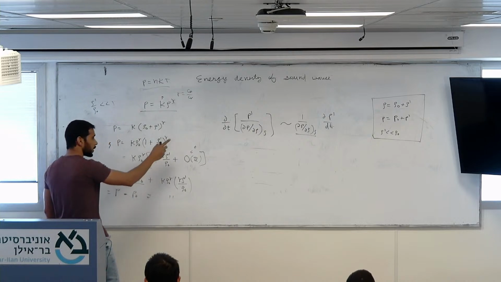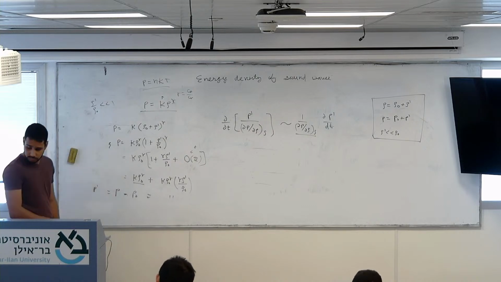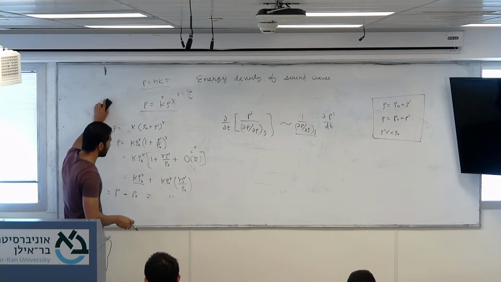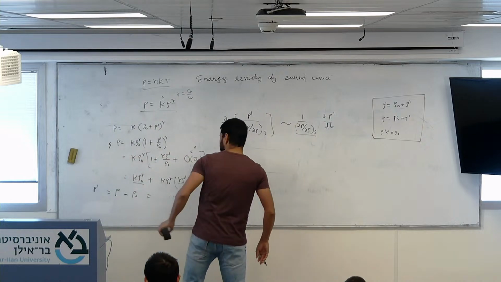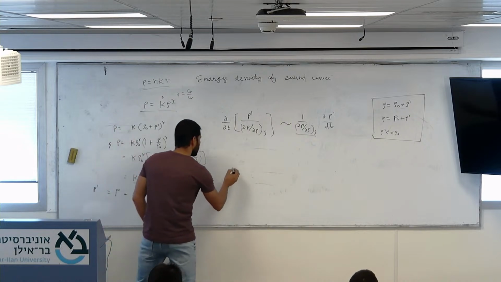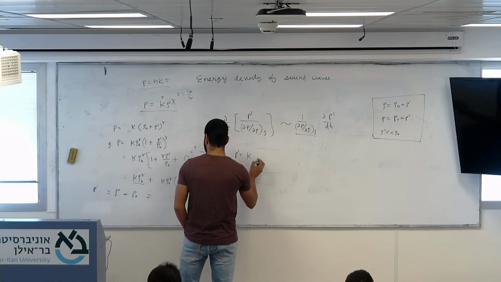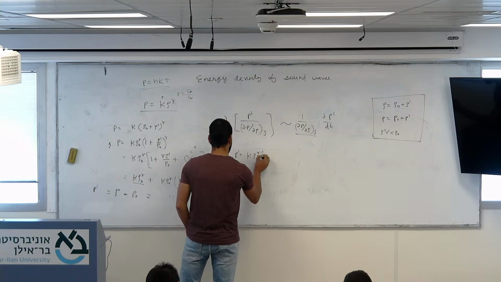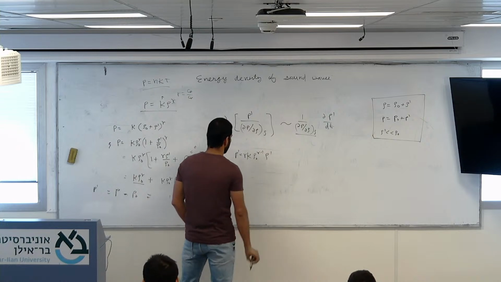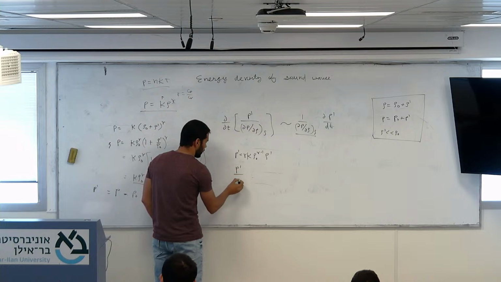P minus P0 is P prime. P prime over rho prime equals